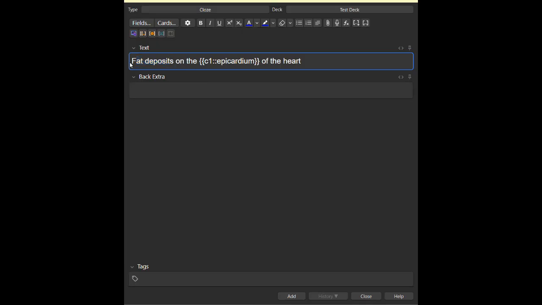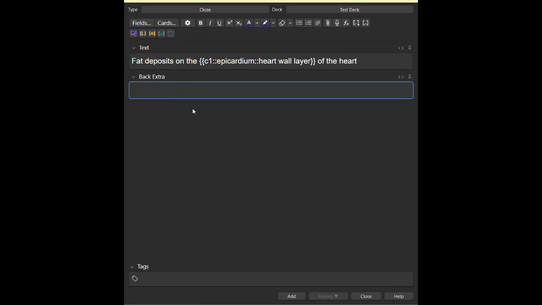What happens here is that this will be fat deposits on the blank of the heart. The blank could be anything on the front, on the back. We don't know what is being asked for. So we can add context to this thing that's being asked. This can be, let's say, a heart wall layer. And I'll show you how that looks like later on.